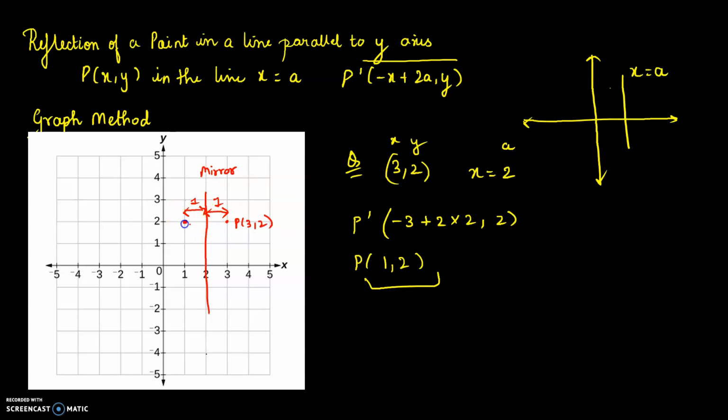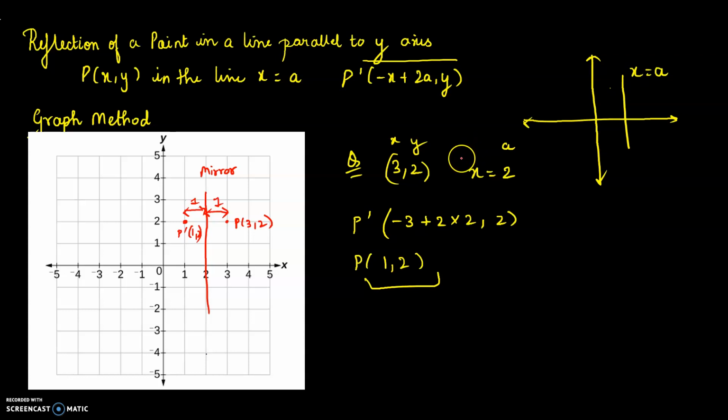And you'll get the image at 1, 2. I hope you understood. We have moved one step forward to this mirror, so we will move one step forward to find out the image. You can do this by the graph method or by the formula method, but it's important for you to do this by the graph method